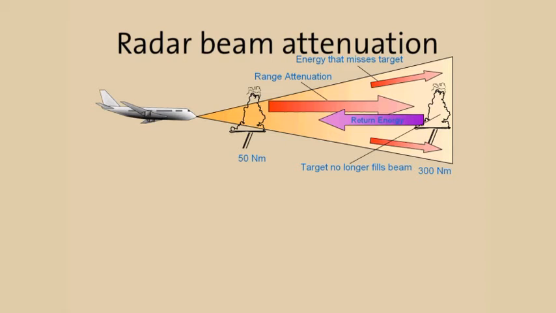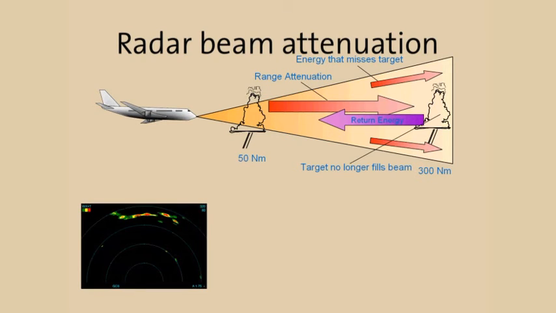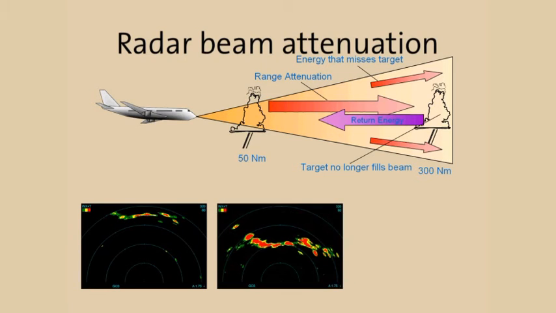power on target. This means that at long range, the radar will only be able to see very strong weather, such as thunderstorm cores. As these storms approach the aircraft, more of the cell is visible. In these pictures, note how the radar sees the line of cells at 300 nautical miles. As the cells approach the aircraft, attenuation is lessened, and more of the full extent of the storm becomes visible